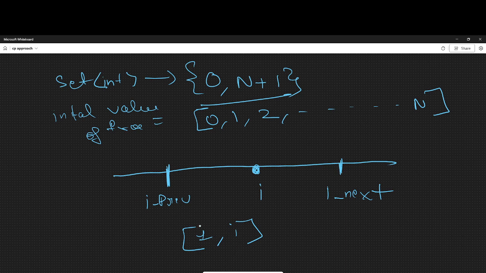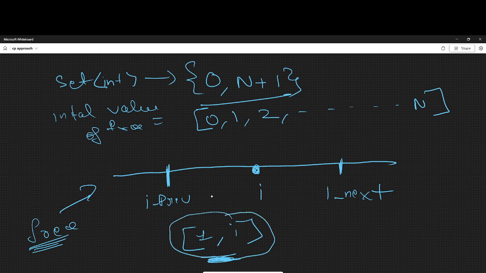So let's say at this point we have our updated free value. For each insertion of an obstacle we will be updating our free array. So how can we update it? After inserting this obstacle I, the array values before the ith index won't be changing,